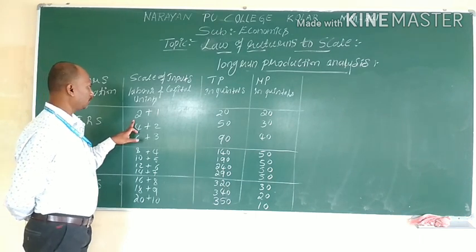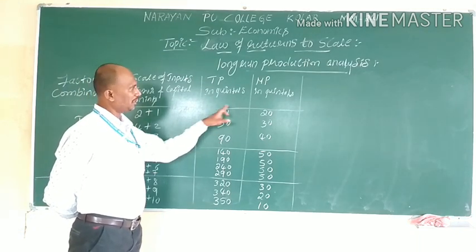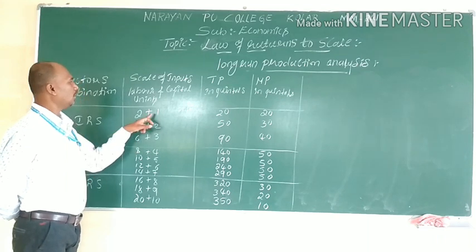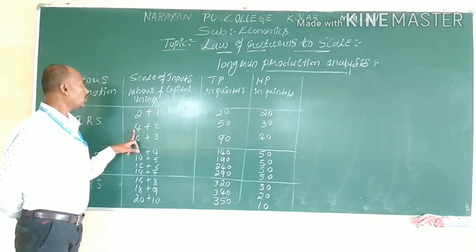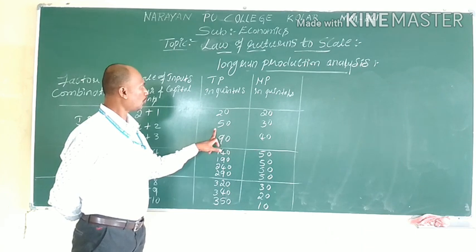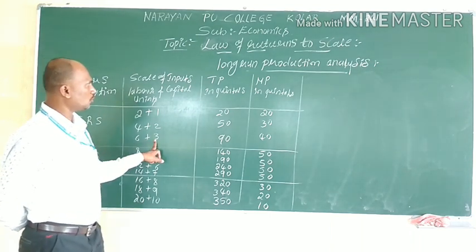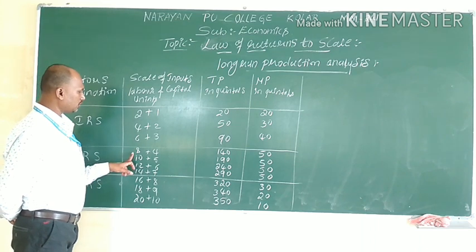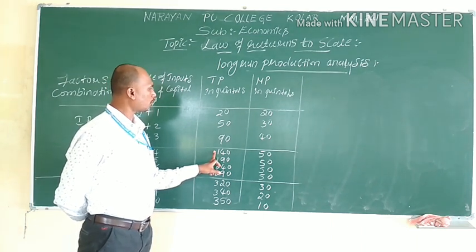2 units of labor, 1 unit of capital produces 20 units of TP and 20 units of MP. 4 units of labor, 2 units of capital produces 50 units of total product, 30 units of marginal product. 6 units of labor, 3 units of capital produce 90 units of total product, 40 units of marginal product. 8 units of labor, 4 units of capital produce 140 quintals of total product, 50 quintals